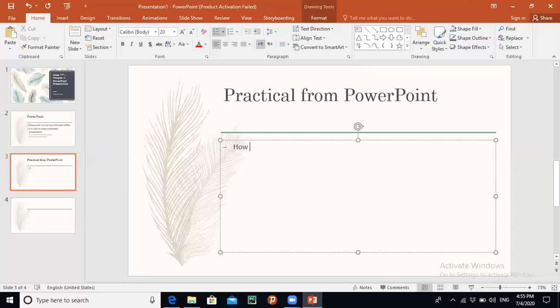I am going to add some detail: how to open PowerPoint, how to create a PowerPoint presentation, how to add transition and animation in PowerPoint slides.